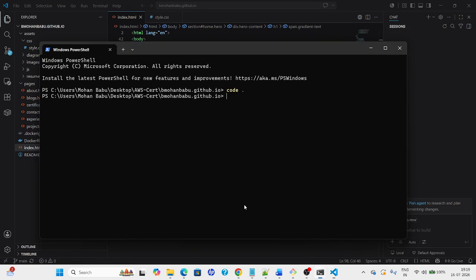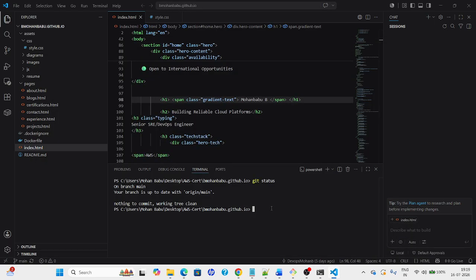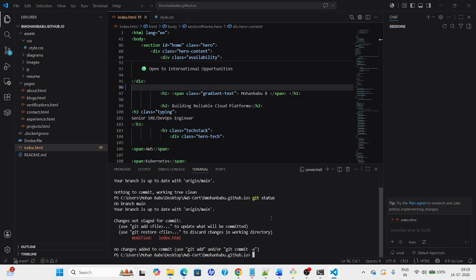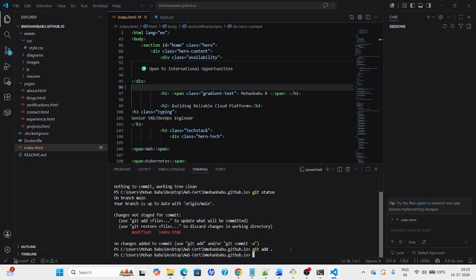So what I will do, I will make some changes somewhere. Anything which I want to provide, I will just save. So some changes have happened. Now what I will do: git add ., git commit,